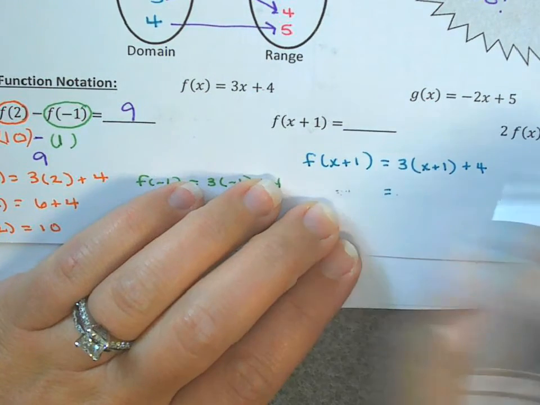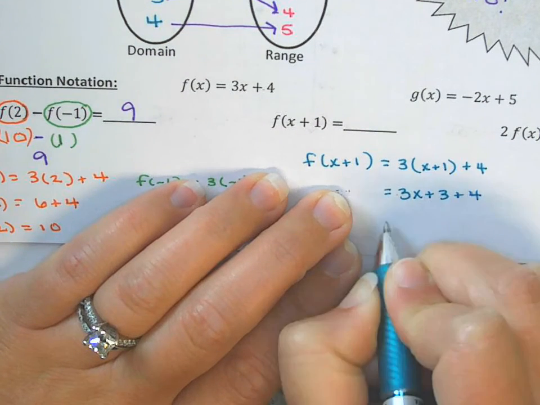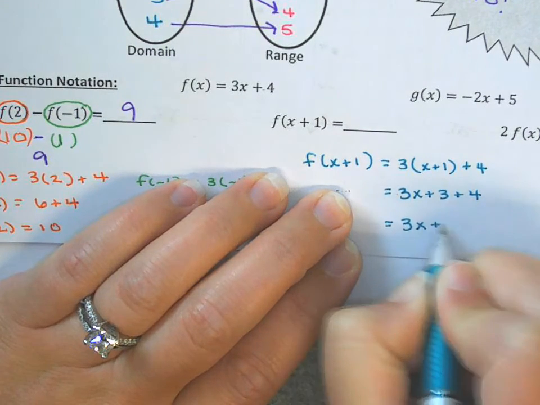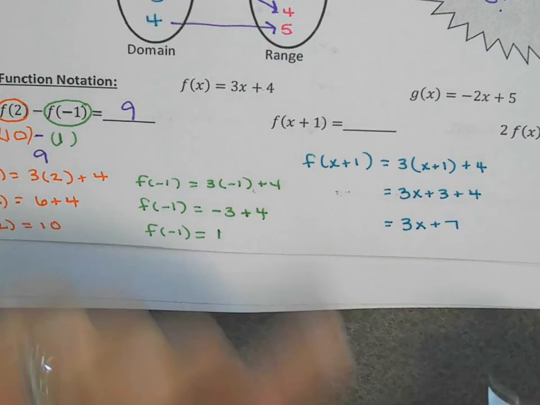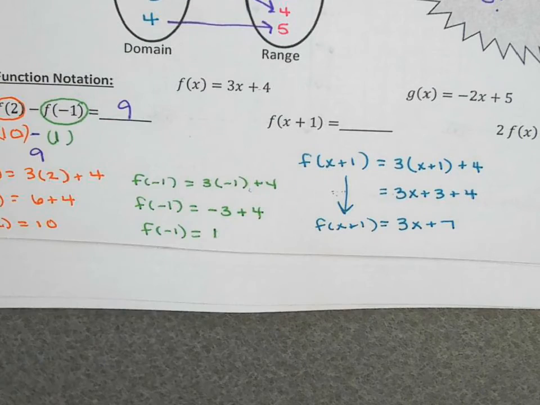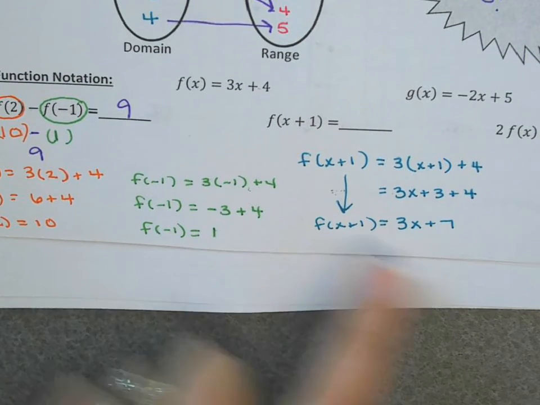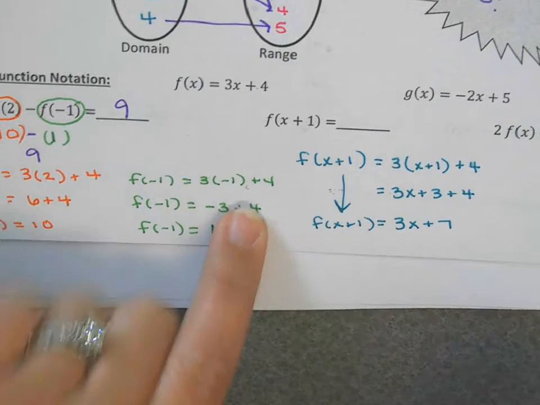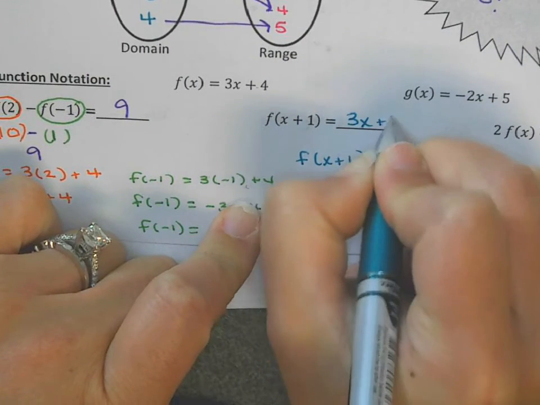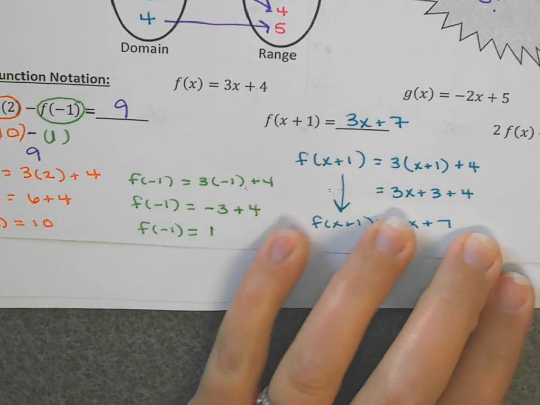So the first thing that you're going to do is distribute. So we have 3x plus 3 plus 4, which is 3x plus 7. So f of x plus 1. You're not doing anything on the left side. Okay? You're not doing anything there. That's what you're trying to find. But what you ended up getting was 3x plus 7, so that's your final answer. Are we okay so far? All right, number 2